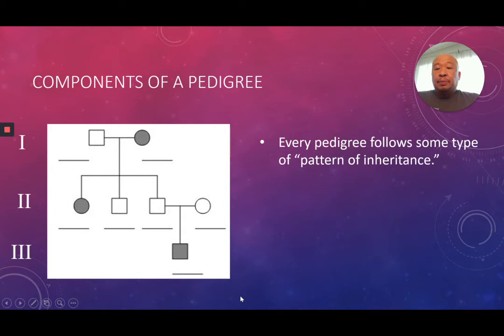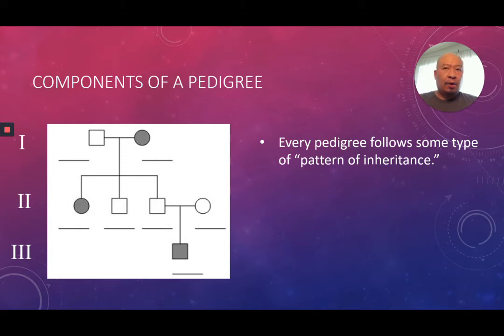So every pedigree does follow some kind of inheritance pattern. You'll hear me use this phrase, inheritance pattern, quite often. All it really means is what type of inheritance are they acquiring? Is it a dominant type of inheritance where you're following a dominant gene, mostly autosomal in nature, or are you following a recessive autosomal gene? Now, because you have an idea of what dominant and recessive autosomal are from an earlier lesson,